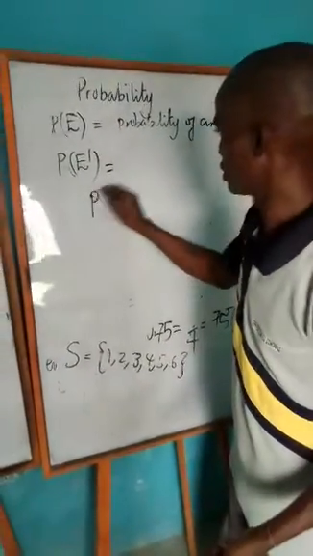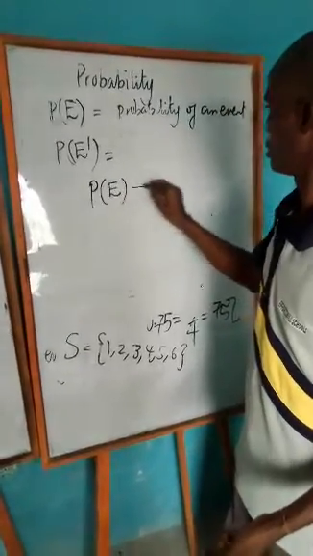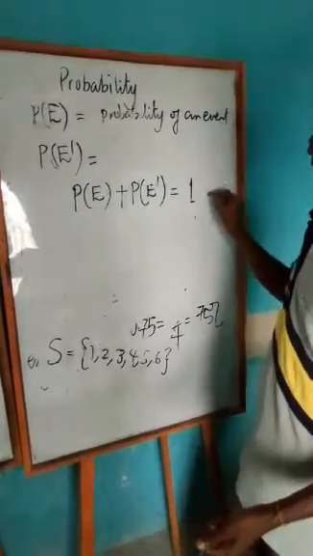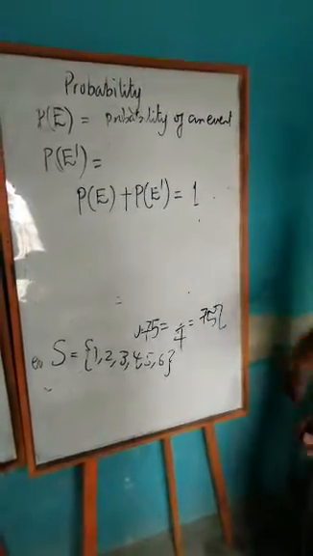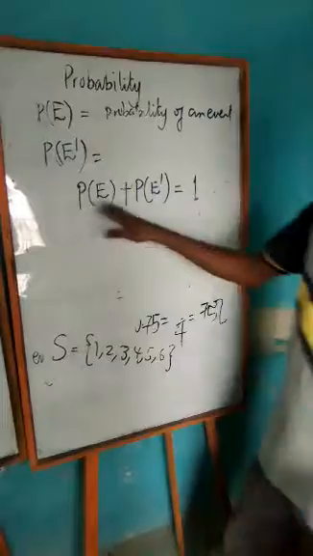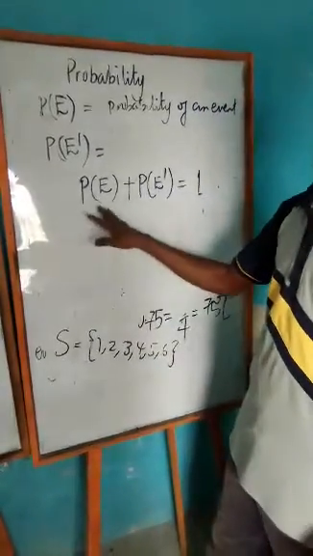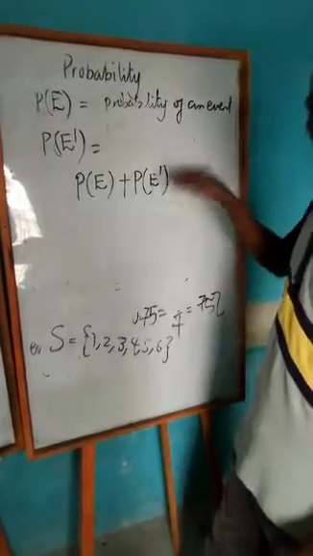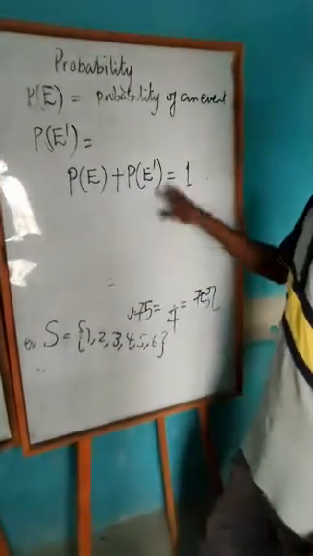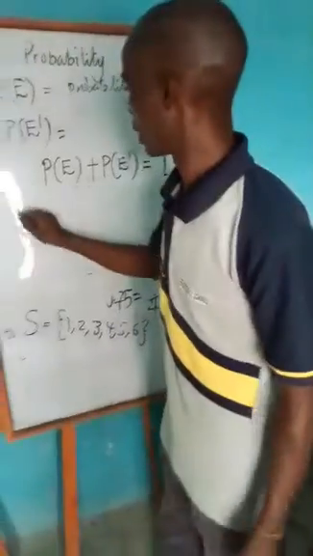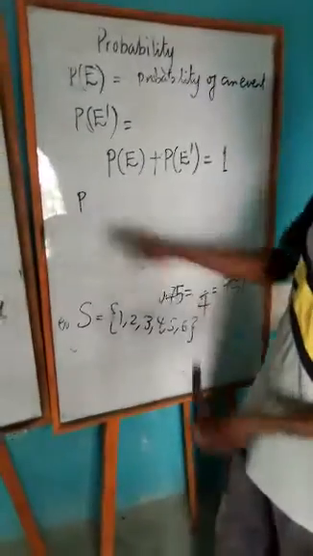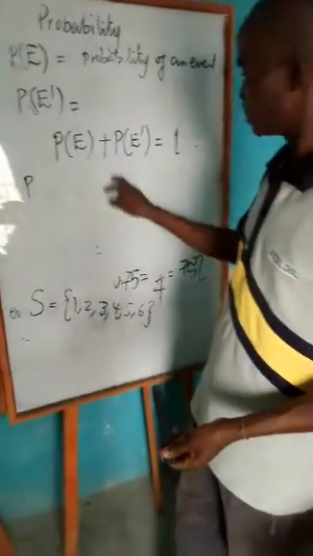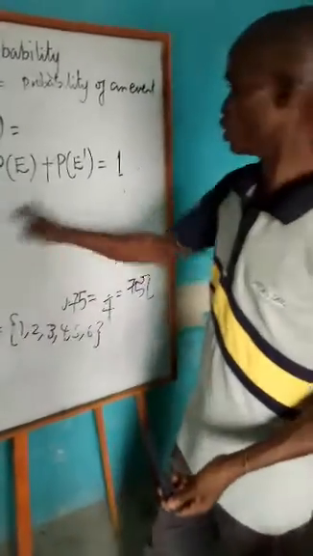So probability of the event plus probability of the complement is 1. Or you can interpret it this way: the probability that an event will happen plus the probability that that same event will not happen